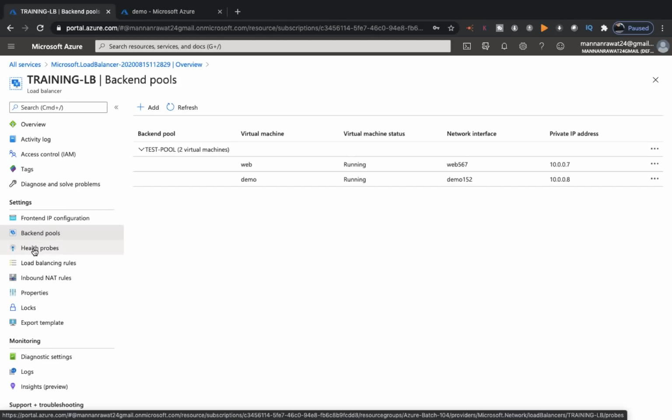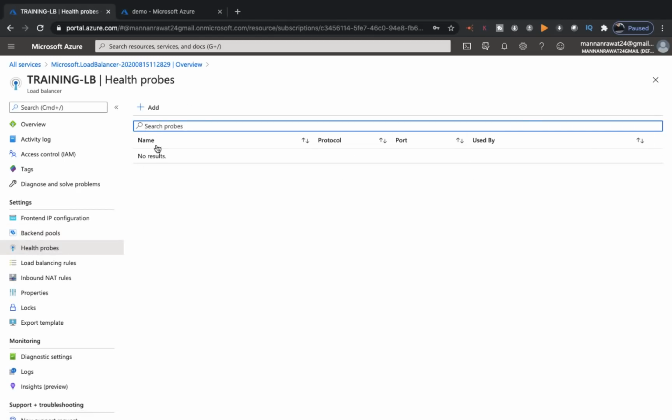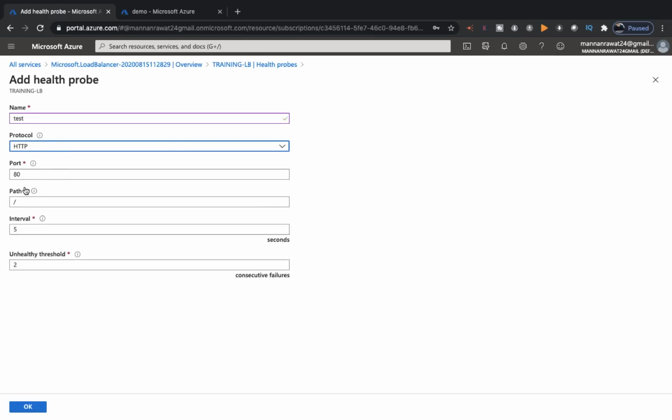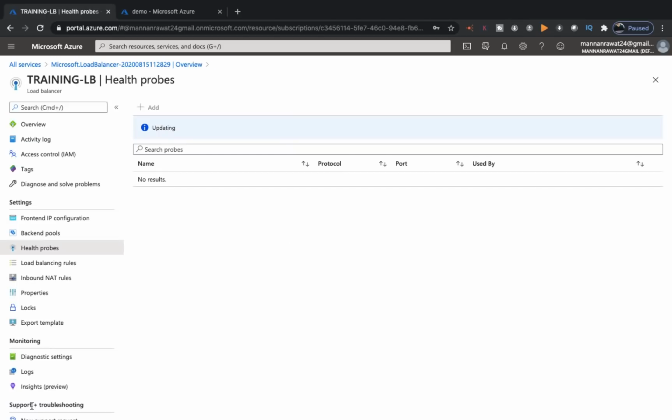And second step, you need to configure the health probe. For the health probe, you just decide any name, like I'm going to proceed with test, and you need to select the port protocol. So I'm going to proceed with HTTP. You can also say that it works just like a security group that allows access to your load balancer from outside the network. So this is the second step.